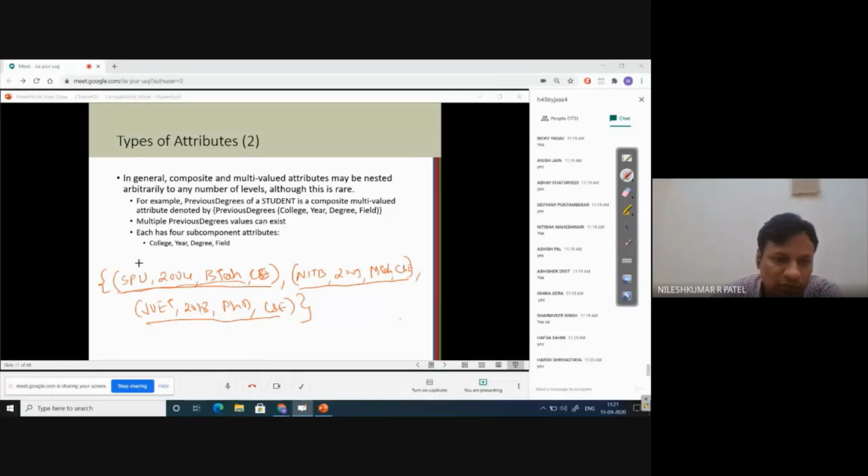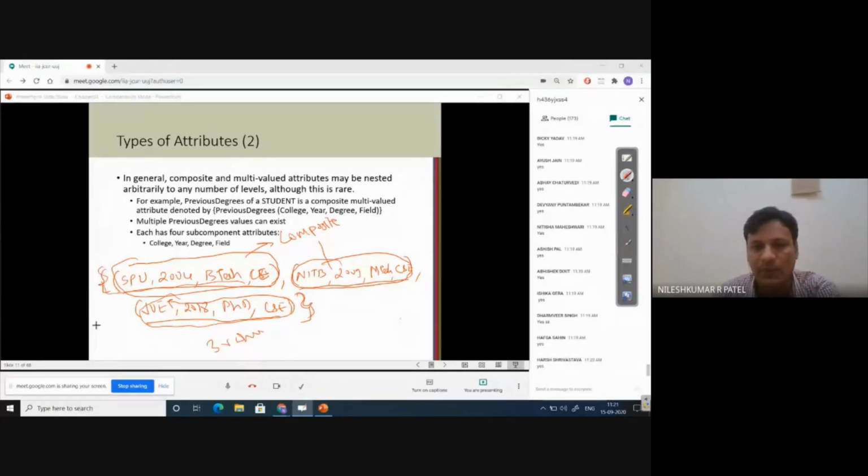So this is the first value. This first value is represented by a composite attribute. The second value is again represented by a composite attribute, and the third value is also represented by a composite attribute. And how many values? Three values. So it is ultimately multi-valued, and the multi-value is represented by curly brackets. Clear, all of you? So this is ultimately an example. And you know, databases these days, like unstructured databases, use this type of structure.